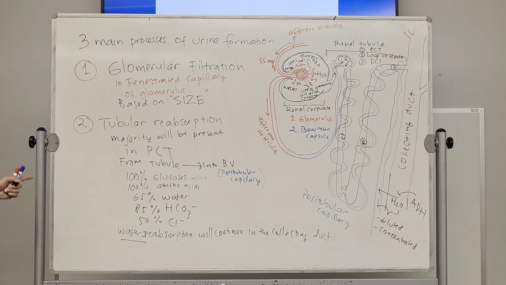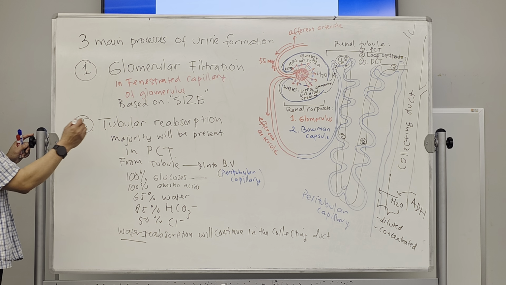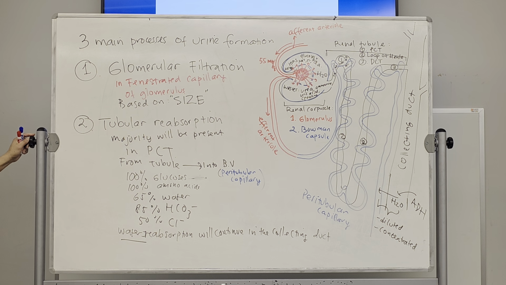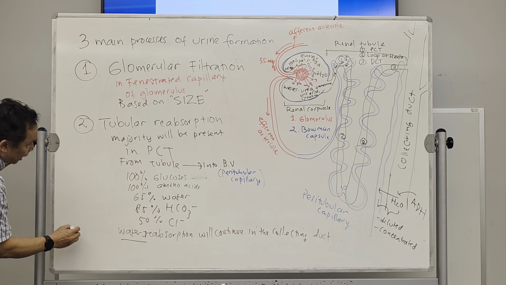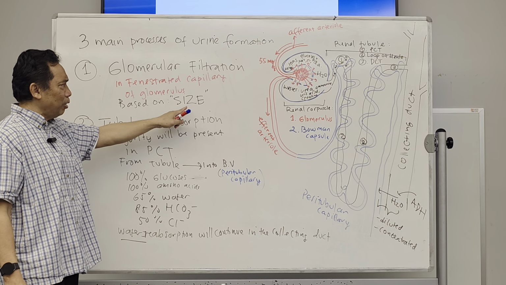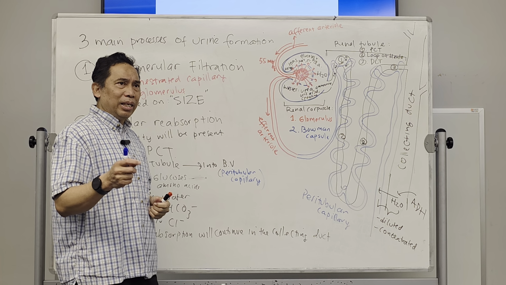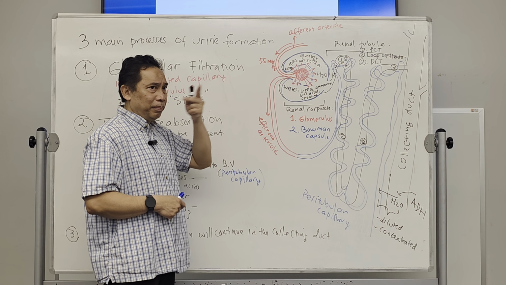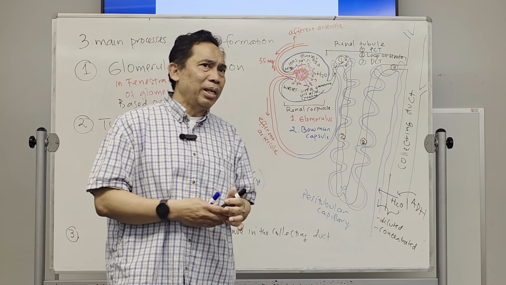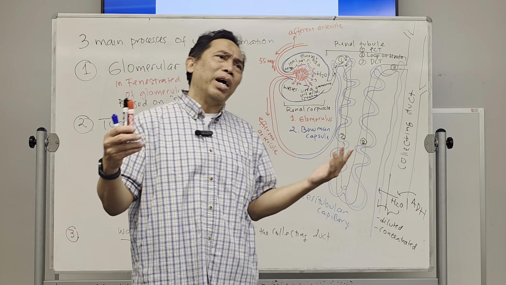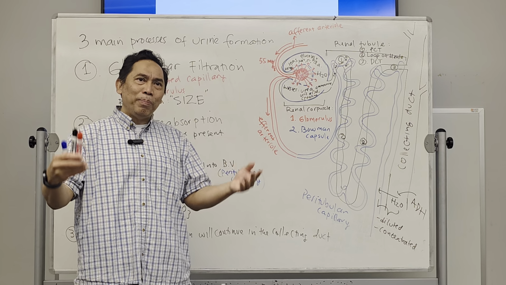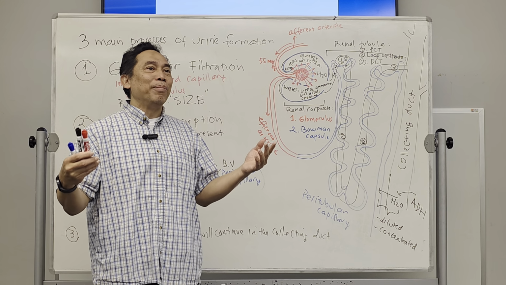So again, the last absorption happens in the collecting duct, and this is mostly reabsorption of water. We really need water in our body. We have to keep it. We have to reabsorb. And the last process is in the collecting duct. That's the tubular reabsorption. The third process, again, because the filtration is just based on size, sometimes we have too much waste product in our blood, for example some people like to eat a lot of proteins. There's a lot of ammonia, urea, uric acid that will be processed and present in the blood.